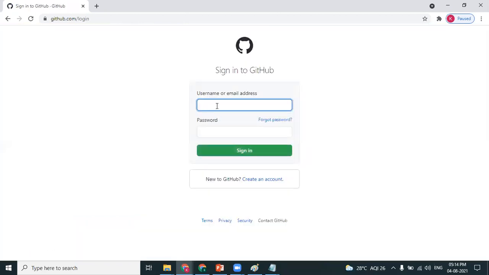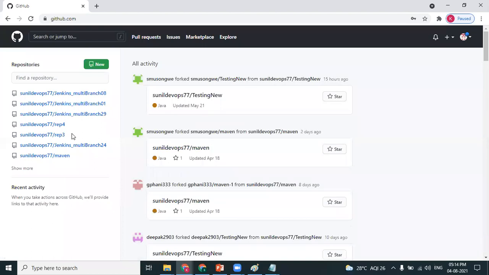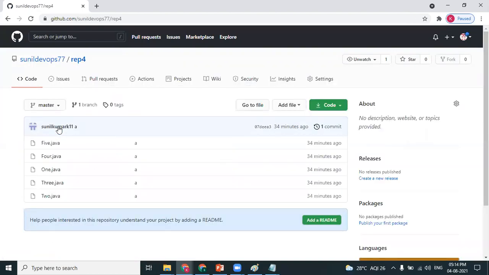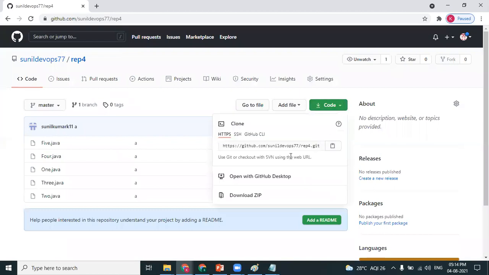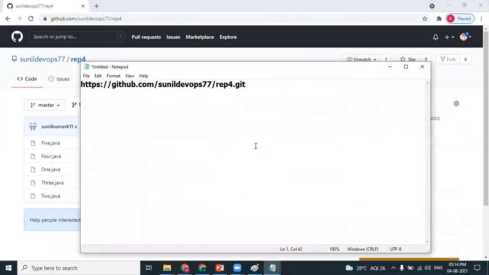Today's session is REP4. This is a repository. Every repository will have a repository URL. Every repository will have a unique link that's called a repository URL.